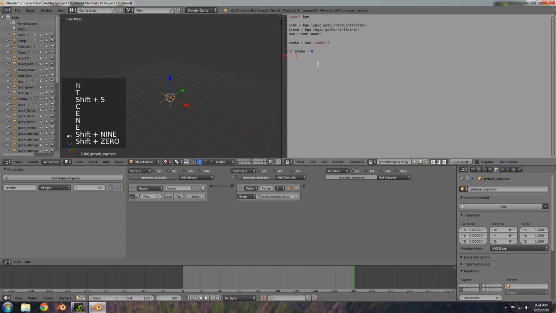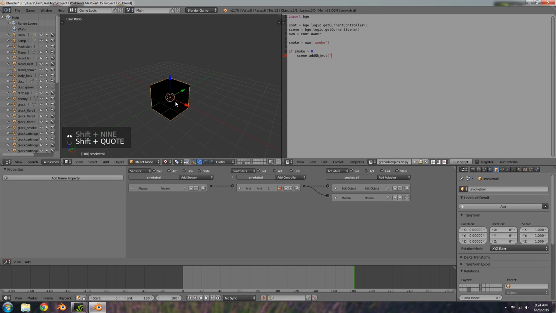Then in here what we want to do is type in scene.addObject, and then in here we want to add in our smoke trail. So this one right here. So smoke underscore trail, and then we'll do a comma, own, another comma, and then maybe have it last for